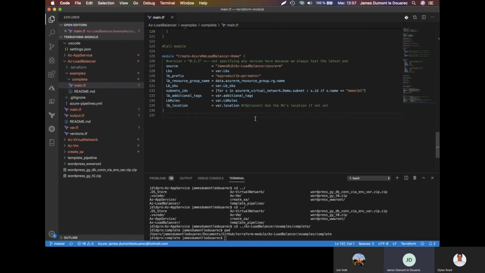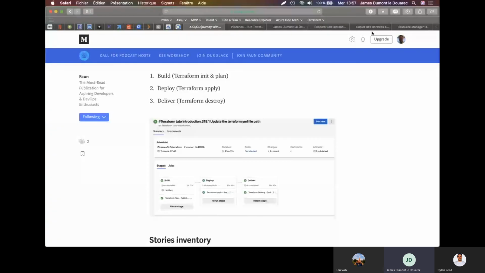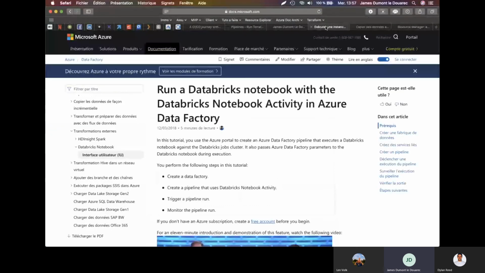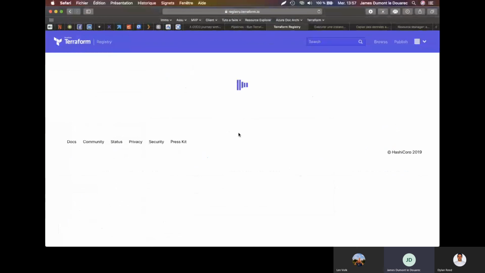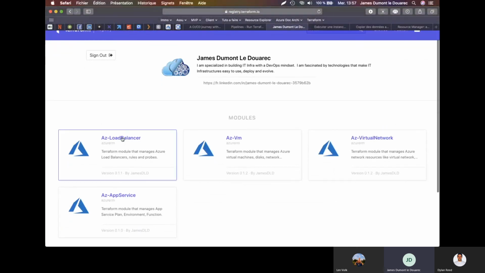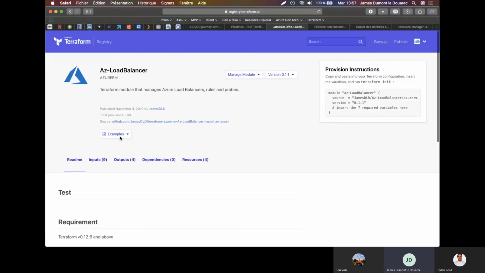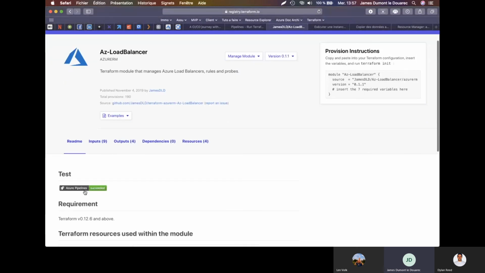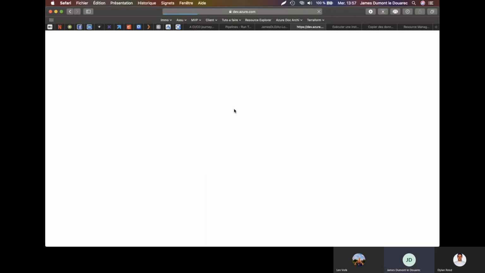So here it's a Terraform module that I wrote in Terraform. This Terraform module is available in the Terraform HashiCorp repository, which is here. As you can see, you have four modules that I wrote. So you have the Azure Load Balancer one, and this pipeline is the result.